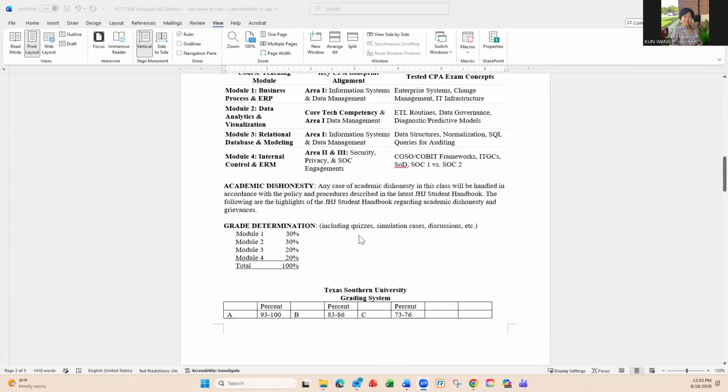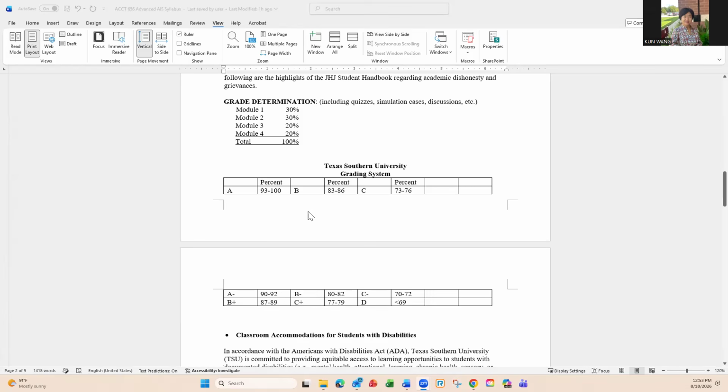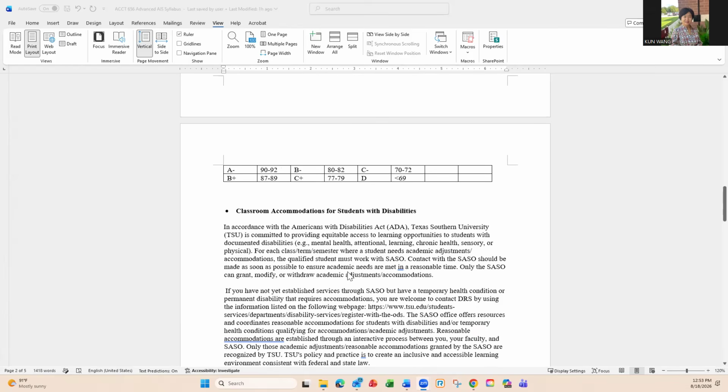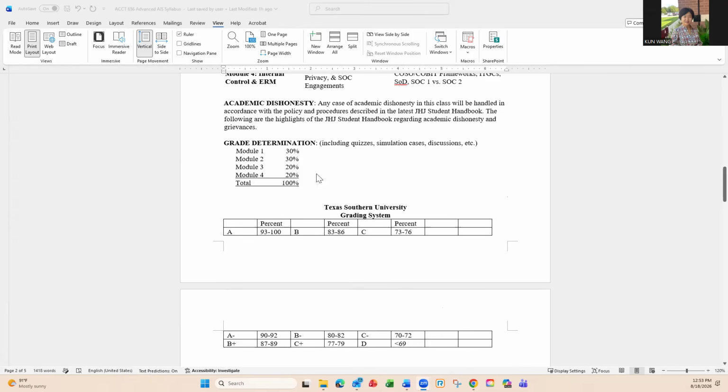And we have some common TSU components, right? The academic, the scholarly dishonesty, and the accommodations, especially for our grading. I have a very flexible one. I didn't really have an assignment because that's kind of a new class for me. So some of the assignments I still need to develop, based upon contents and our progress. But I assign a percentage for each of the modules. We have 4 modules, right? So a percentage for each.